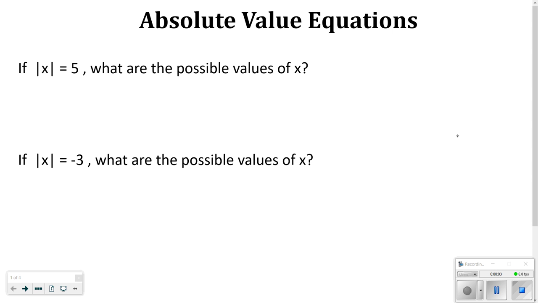Hi everybody, this video is going to talk about absolute value equations. So we're going to start off with two simple examples here. I want you to think, if we have the absolute value of x equal to 5, what are some possible